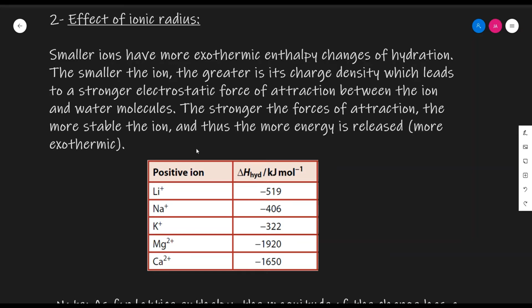I have placed some examples here. As you can see, when comparing +1 ions with +2 ions, the higher the charge on the ions, as you can see for magnesium and calcium ions here, the more exothermic the enthalpy change of hydration. Magnesium has negative 1920, calcium has negative 1650. When compared to ions that have +1 charge, they have much less exothermic enthalpy changes of hydration. If we were to compare group 1 or group 2 cations, as seen here,